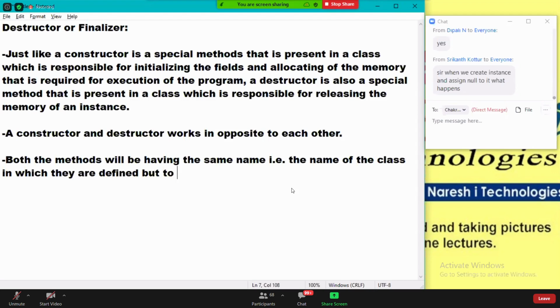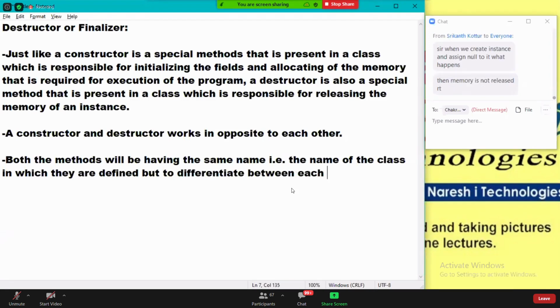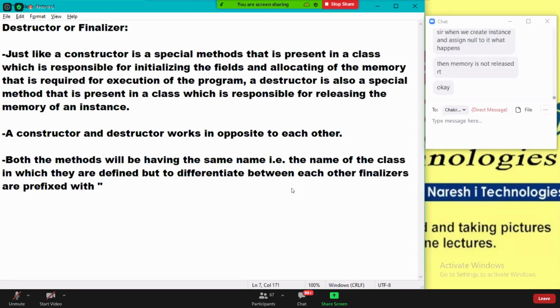But to differentiate between each other, the destructor uses the tilde operator, and the memory is garbage collected.